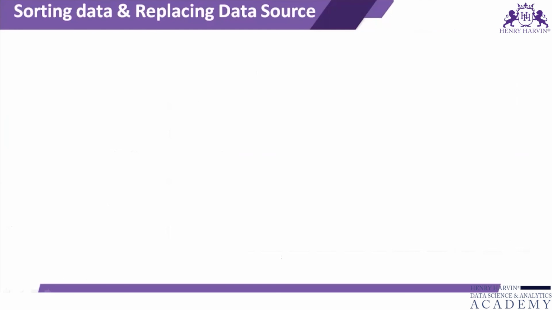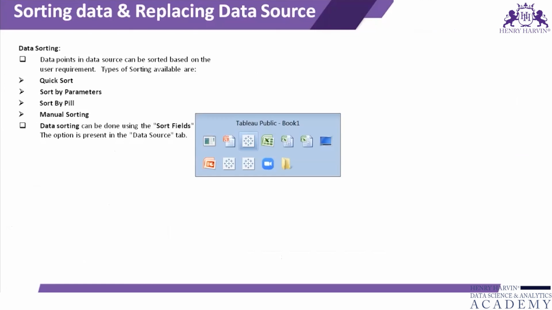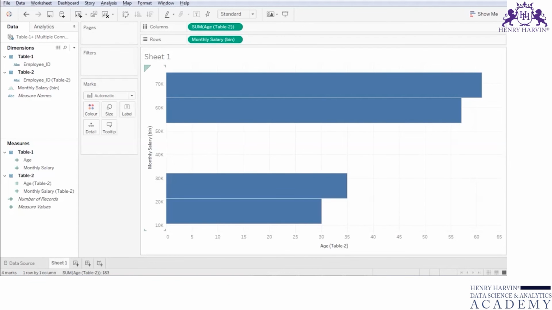Now next, we'll see how we can do data sorting, means how we can sort data in our Tableau worksheet. So data sorting in Tableau can be done in two ways. One is quick sort and one is sorting by parameters. And then we can also do sorting by field. Then there is manual sorting. So I'll cover that. Now, if I wish to do sorting,